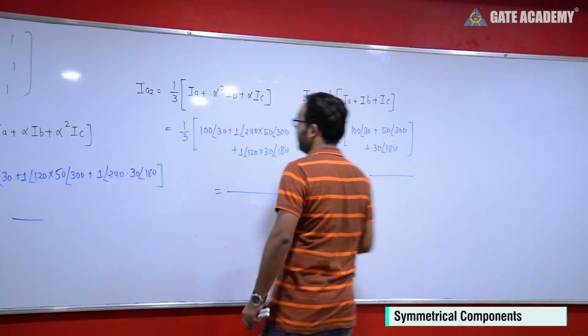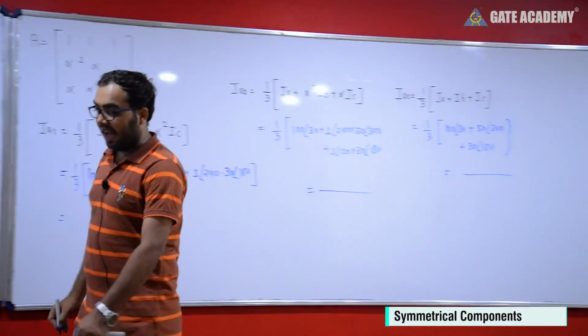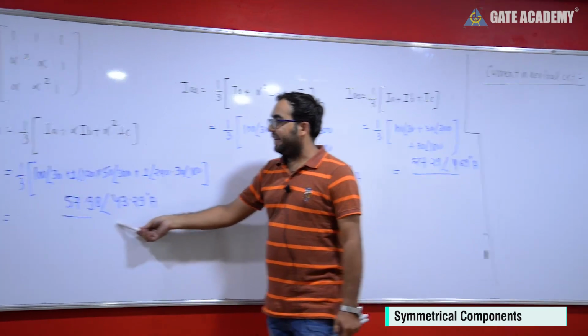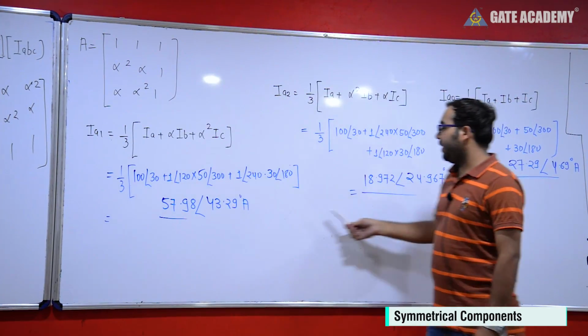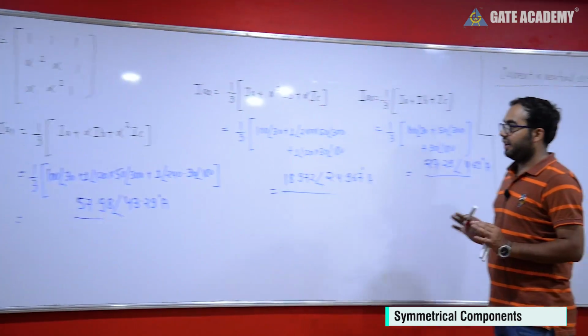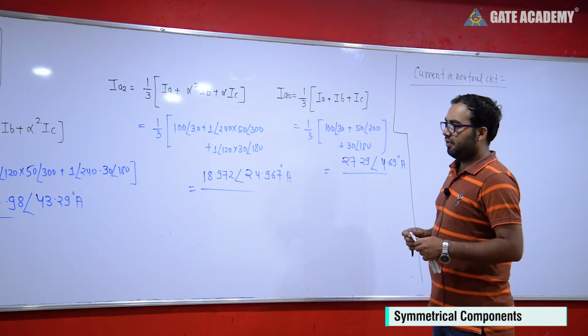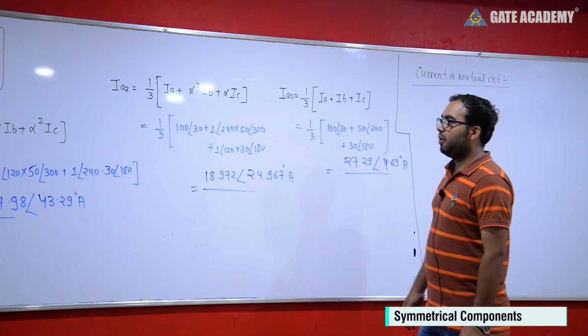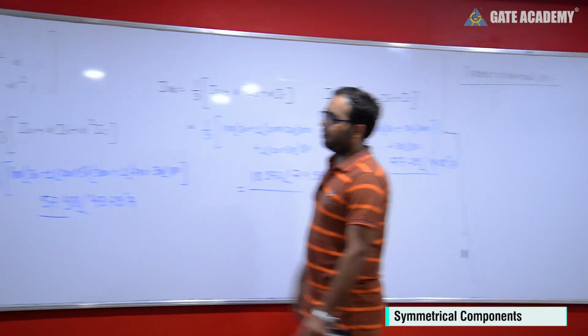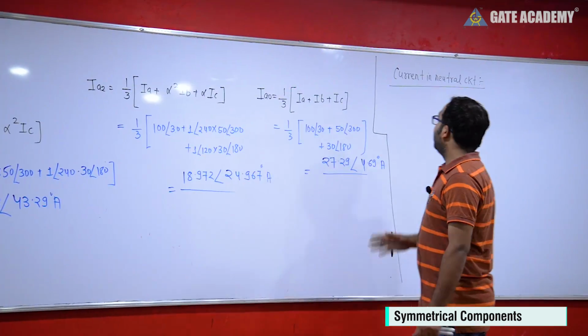By using the virtual calculator, when I put all the values, I am getting the positive sequence, negative sequence and zero sequence. This is the value. This is quite difficult by using the virtual calculator, so we can use the scientific calculator, because it is not the question of GATE. This is the question of book. So this is only for practicing.